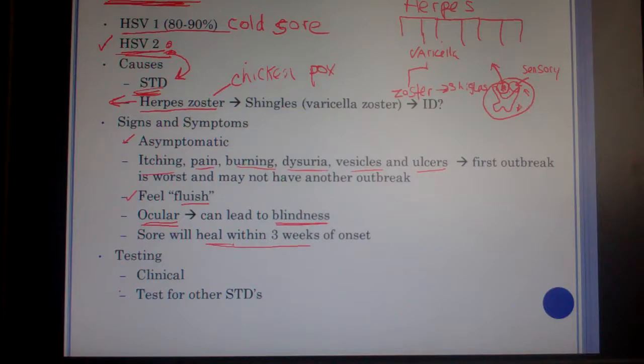Problem obviously is it is sexually transmitted. Once you get it, you never get rid of it. You have it forever. Even if you don't have an outbreak, you can still transmit it to somebody else, and it's obviously a problem. So you do want to rule out other sexually transmitted diseases when you're talking about herpes simplex virus number 2, because obviously the same reason you got herpes simplex virus 2, you could get other